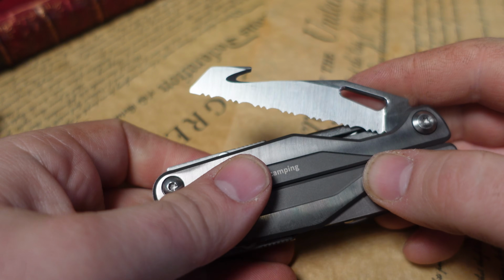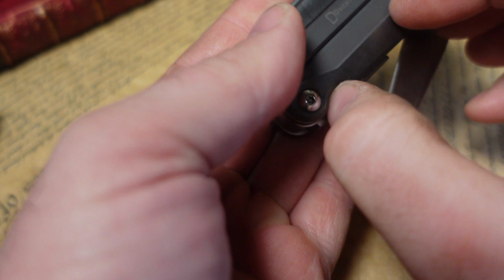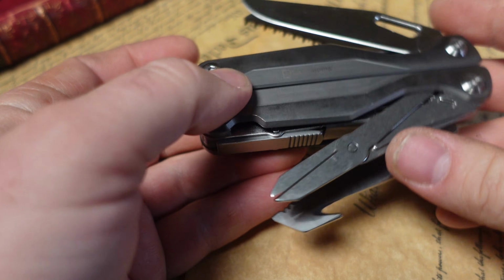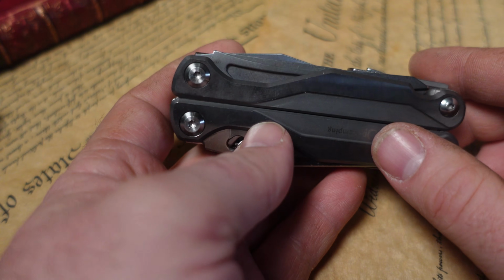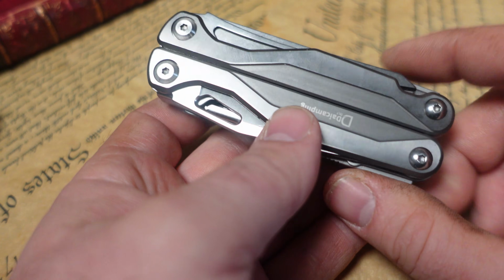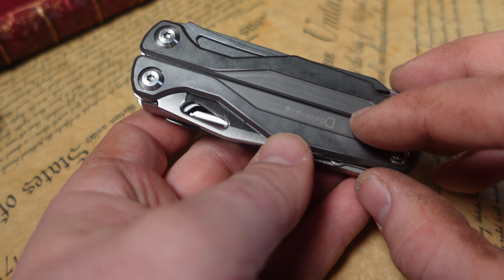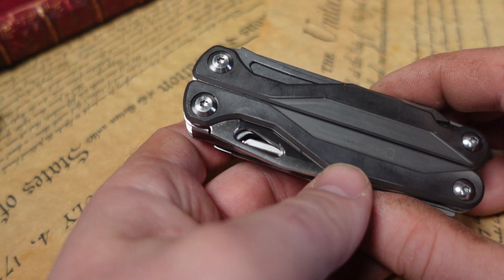wire stripper, the serrated blade, the cutting hook, the knife, saw, the great set of scissors. Titanium scales. I think this was a great release. It really gave people that cannot afford a Leatherman TTI charge another tool that they could buy, and I think